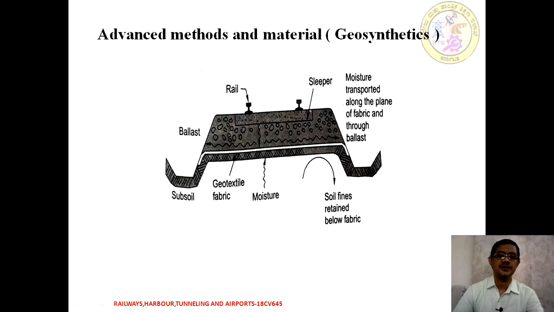So this is another image. We can see that whenever we introduce a geotextile on the top surface of the subgrade and the embankment, it does not allow any soil particles or finer particles to flow from the top or from the bottom. So it acts like a fabric. There is no puncturing of the ballast through the subgrade.